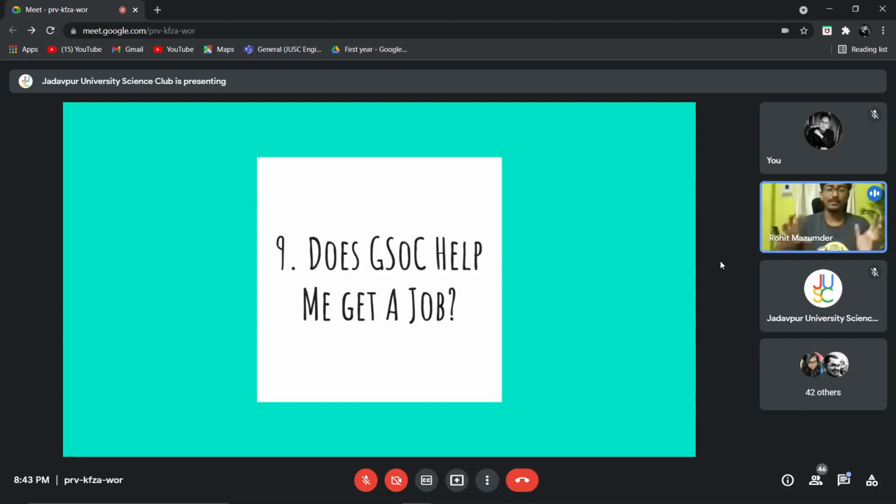For example, if you consider off-campus placements, let's say you're applying for a job at Amazon. Whenever a new position opens up, I think around 30 to 35,000 people apply for it. Now, to make your resume stand out, if you have Google Summer of Code, a program which is so lucrative, your resume is most probably going to get screened in out of those 35,000 resumes. So that is the second thing.